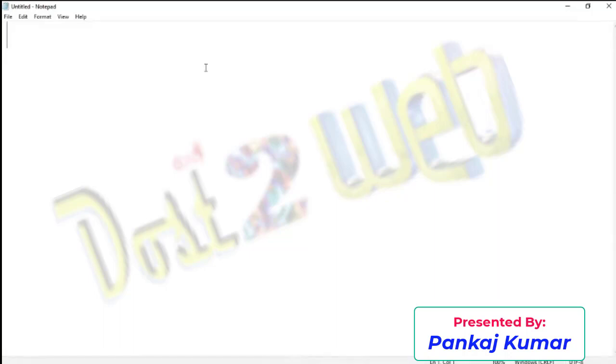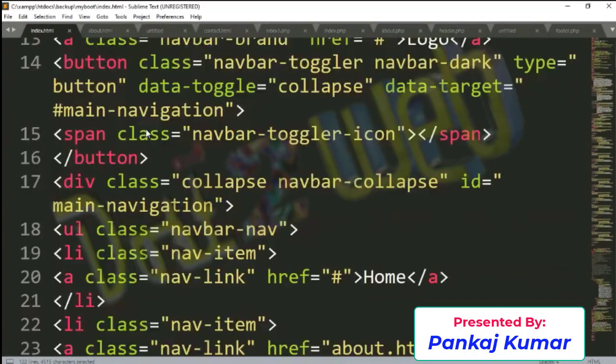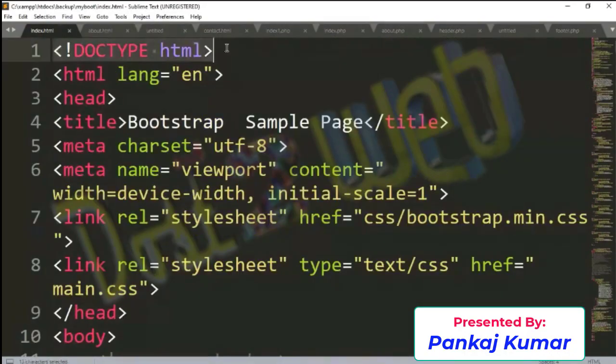As I said, every HTML page we define always uses doctype HTML. You can also use the HTML language equal to en, that means English. Even if you do, it will not impact anything.